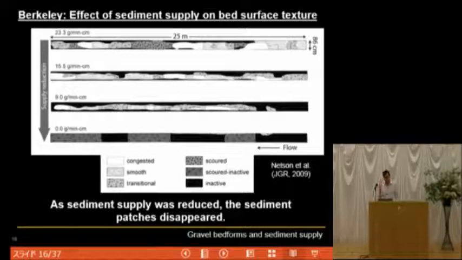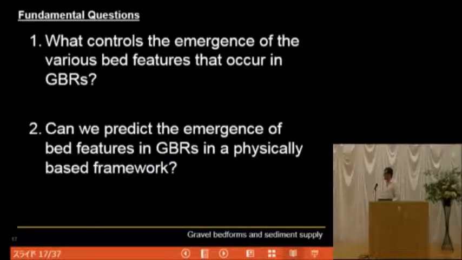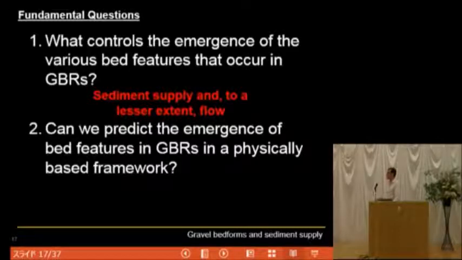So if we come back to my fundamental questions here, what controls the emergence of various bed features that occur in gravel bed rivers? I'm going to hypothesize that sediment supply, and to a lesser extent flow, controls them. And then we get to this question of whether we can predict the emergence of bed features in gravel bed rivers in a physically based framework. I'm thinking about a phase diagram here, and I would say, well, the answer based on what I showed you is maybe. So what I did is I got together a couple of my graduate students,